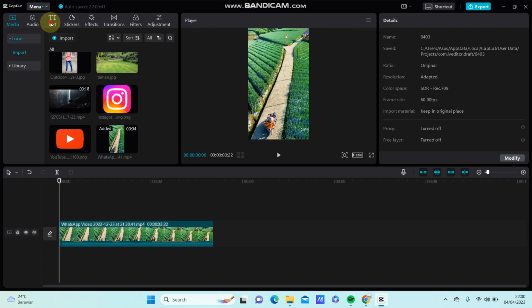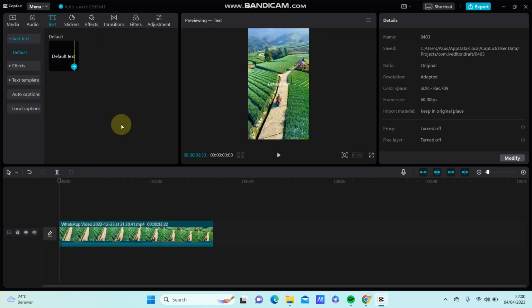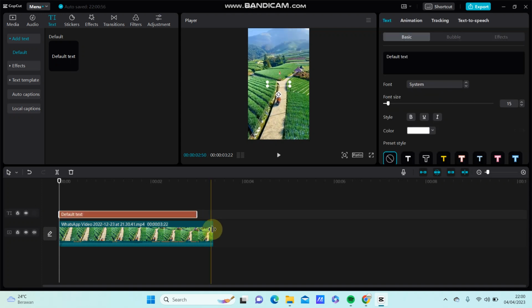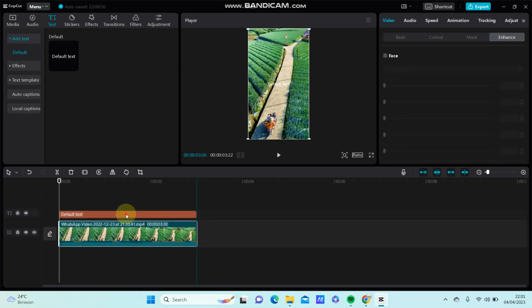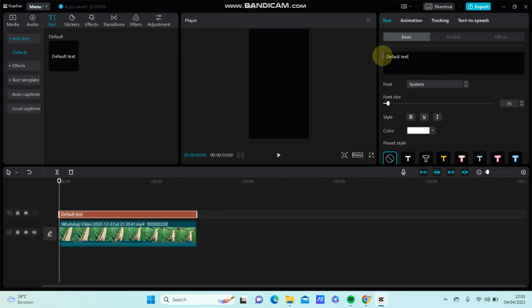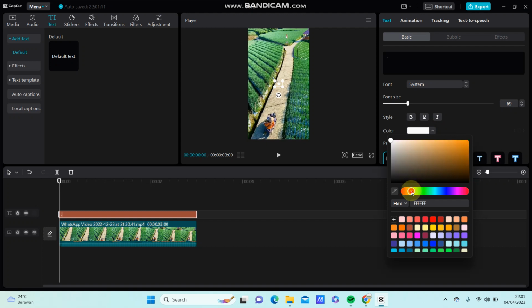So I'm going to select text, add text, and just adjust the duration and length. And I'm just going to change the text and just type dot only, and change the size and then the color. Right, going to resize and make sure